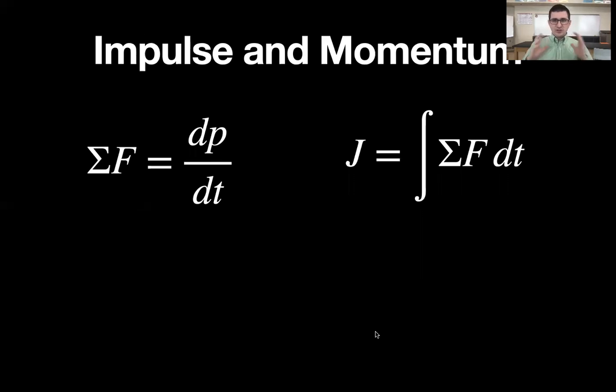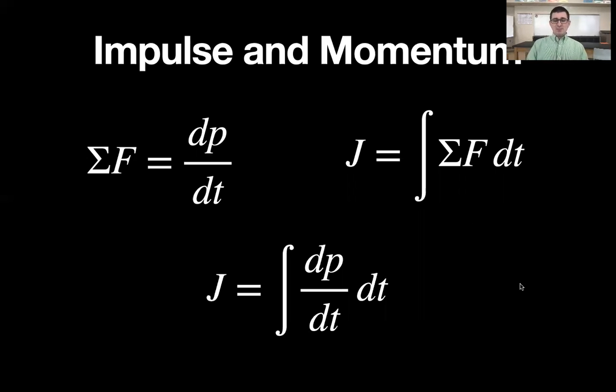And now here's kind of the big deal with all of this. So if we take our formula for net force, which is Newton's second law over here, I know it looks different, but this is still Newton's second law. And then we take our formula for impulse over here, and you should maybe be noticing something by now. So impulse is the integral of force with respect to time, and force is the derivative of momentum with respect to time. So if we take our derivative of momentum with respect to time and plug it into our impulse equation, we get that the impulse is the integral of the derivative, which by the fundamental theorem of calculus, pretty sure we can figure out that the impulse equals